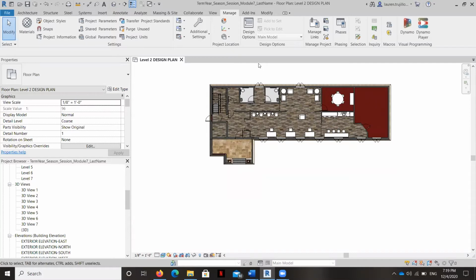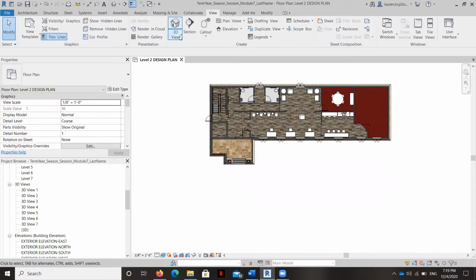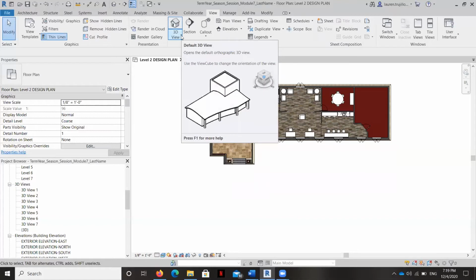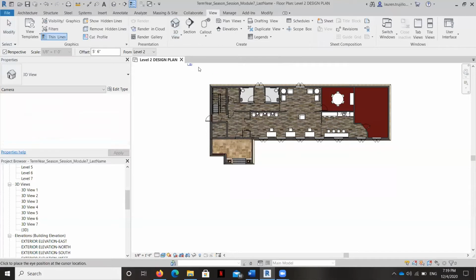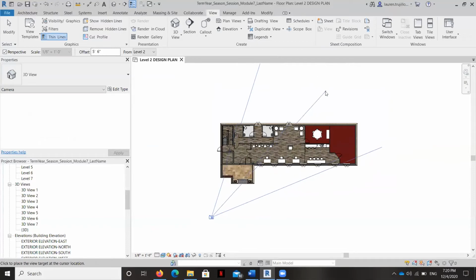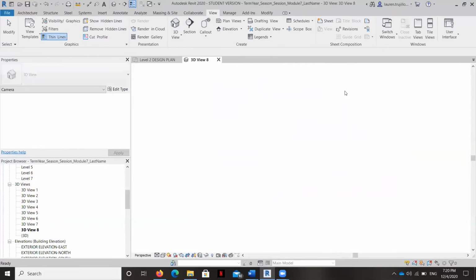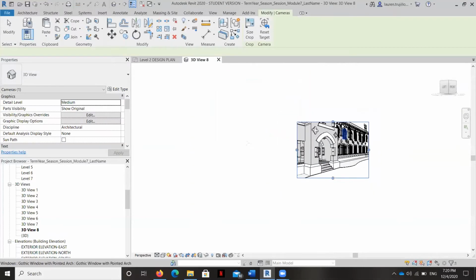Now, the first thing I'm going to do to create this rendering is place my camera view, because I want to know exactly what I'm going to see in this rendering so that I don't do any more work than necessary, and also so that I have a good idea of how this is going to look as I'm creating the view. So I'm going to go to the camera view here, and I'm going to create a rendering with the camera here and then looking this way. Now I can always adjust this a little bit if I have to, but for right now, that's the view I'm going to go with. And you can see it here.